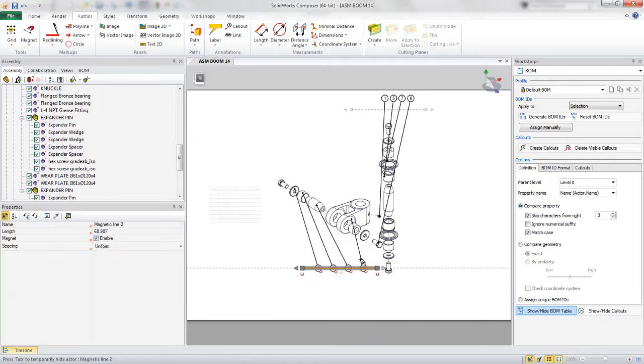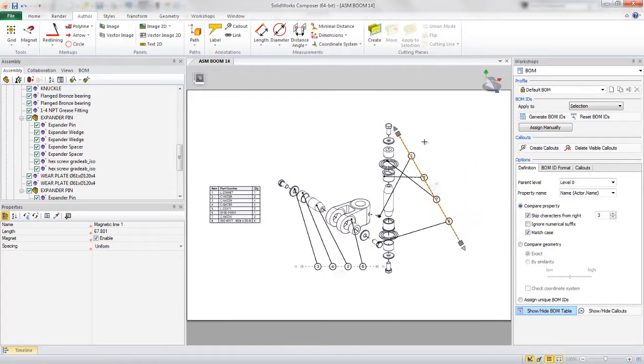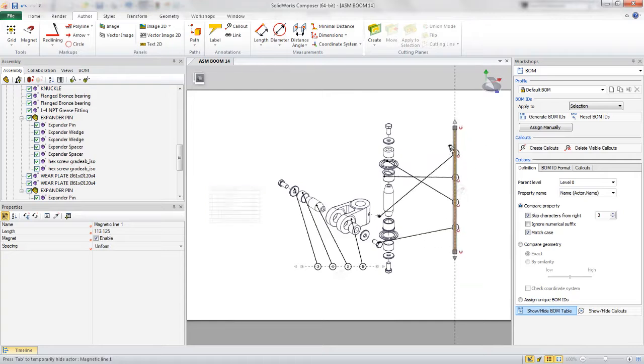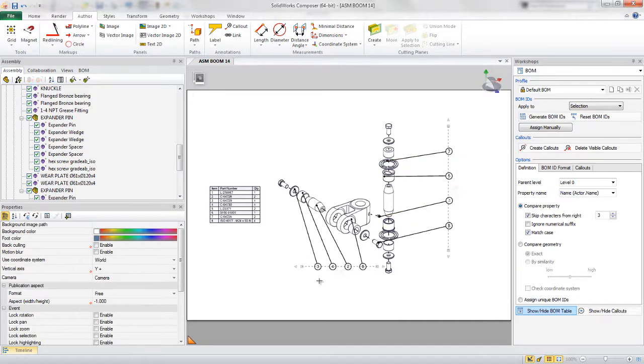We just drag it and they snap together. This is a great way to position things like callouts or other components or views on screen. And as we manipulate them, we can see that these callouts stay attached to it. They also stay equally spaced, so if I want to move or change the position of these, they immediately line